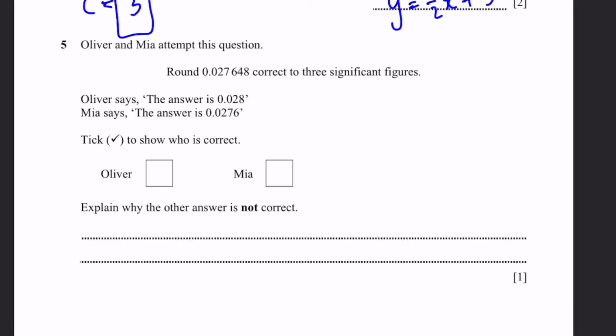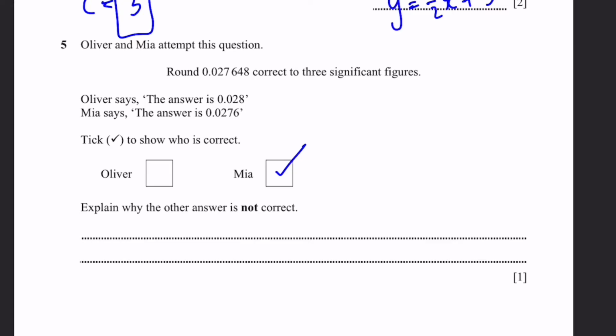Question 5. Oliver and Mia attempt this question. Round 0.027648 correct to 3 significant figures. Oliver says the answer is 0.028. Mia says the answer is 0.0276. Tick to show who is correct, Oliver or Mia. Explain why the other answer is not correct. The answer is actually Mia's one,